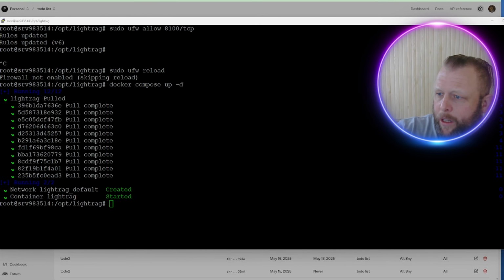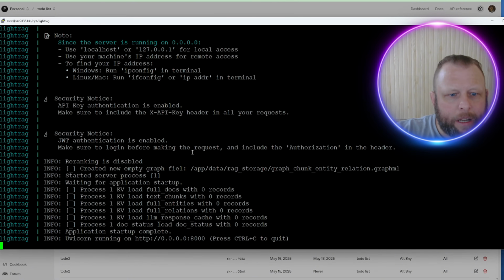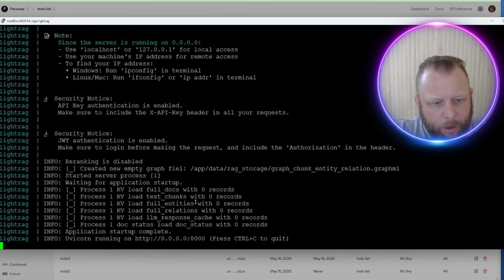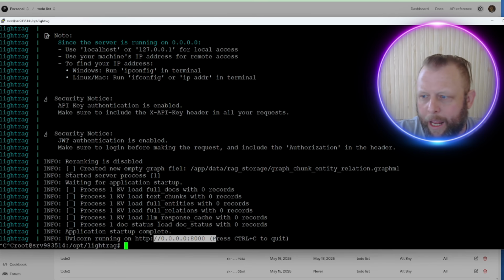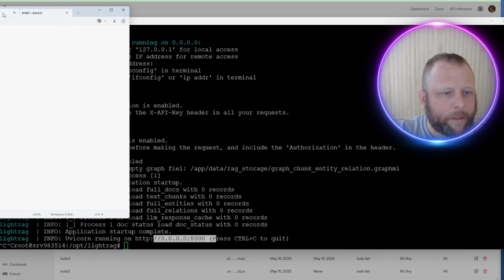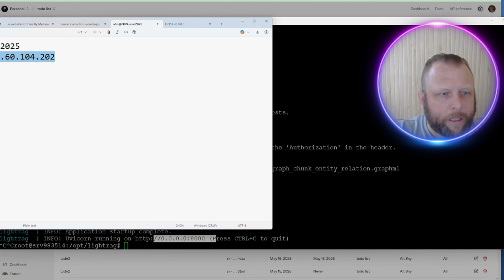All right, and then to see the logs, we're gonna say this in here. We're gonna paste it in here, and bam, we're running. Port 8000 is listening. However, remember we put 8100 in there, so let's see if this works. Hit the Control C in here, and now it's not this in here. It's gonna be the 8100 to it. So we are gonna come from here. We're gonna copy our IP address like this,